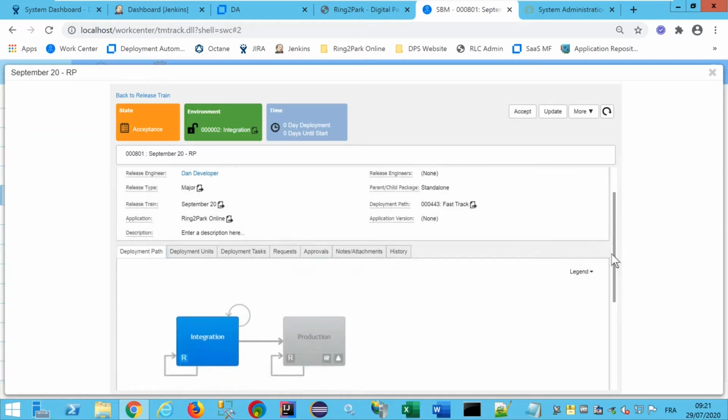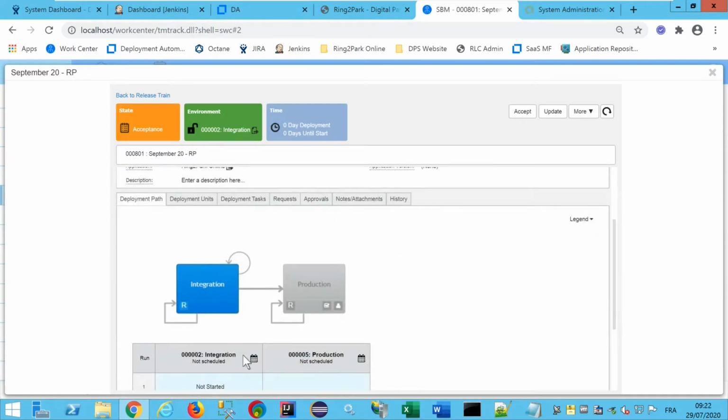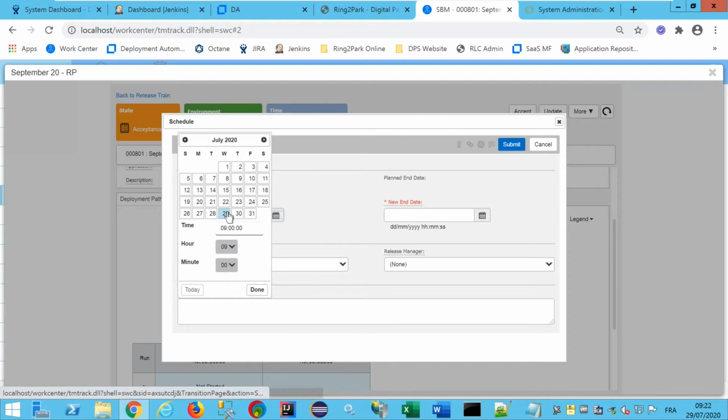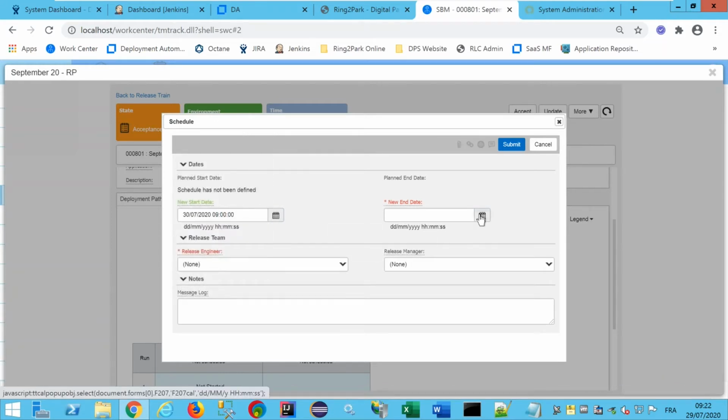So if I am the environment manager, I can book the environment before running the deployment on this environment, just to check if there is a conflict with other applications that are currently using this environment. So I can just book the environment and say, okay, I plan to use this integration environment for this deployment before today, tomorrow maybe, and end of the week.